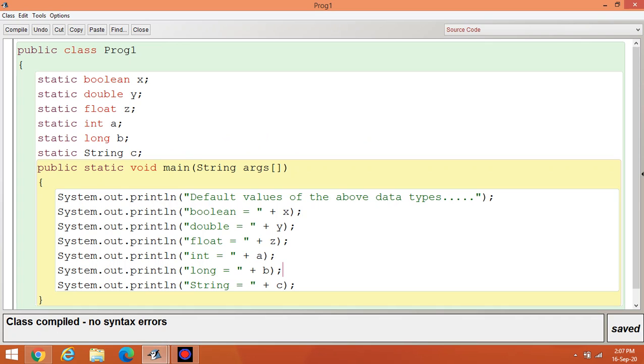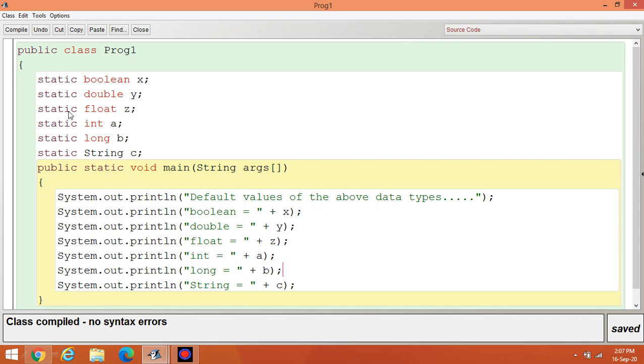Now what about this category, this program? It shows the default values. If you see the program clearly, what I am doing in this program is declaring some variables: boolean x, double y, float z, int a, long b, string c in static category, because I have to call these elements inside this static characteristic.